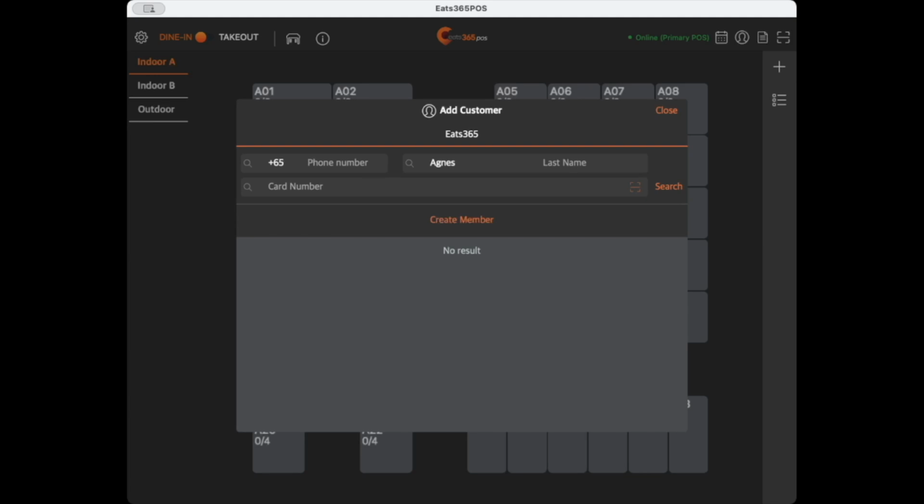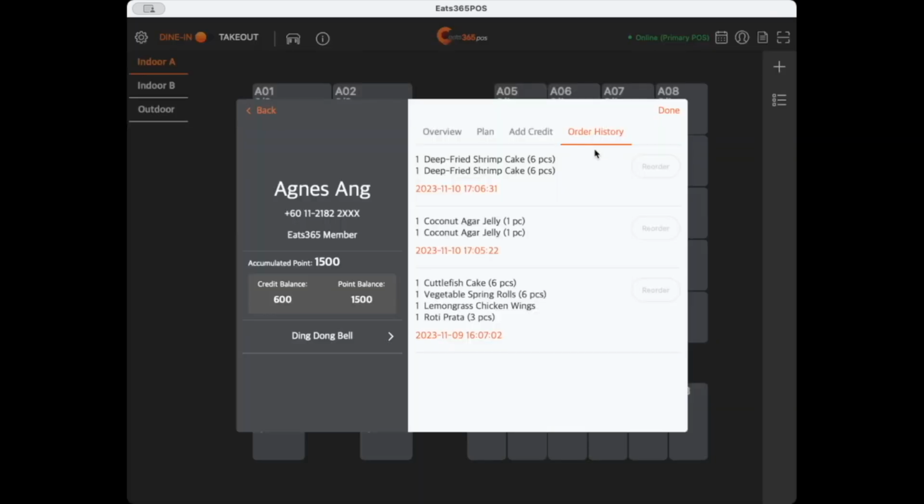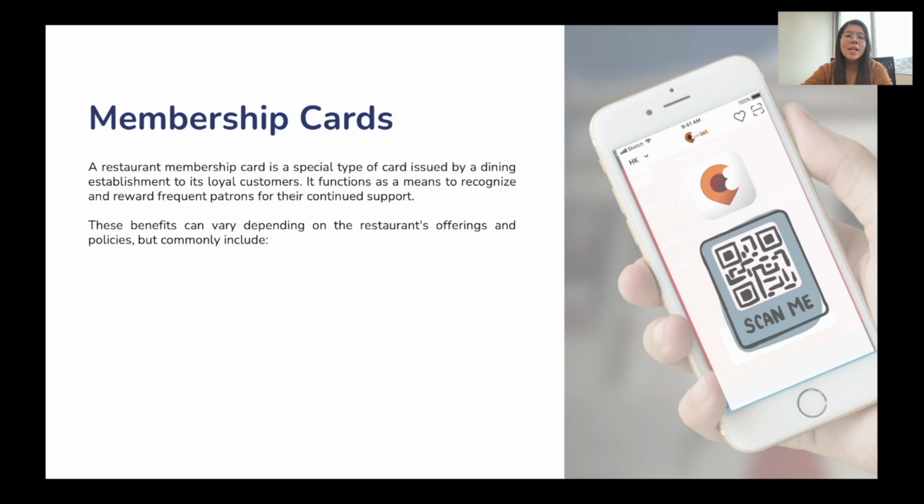So once the order has been placed, when I search the information again in my POS, ta-da! I can now see their membership and also her order history as well. Alright, next, let us have a look on the membership cards. So when we talk about membership card, you can say that this is a physical or digitalized card issued by